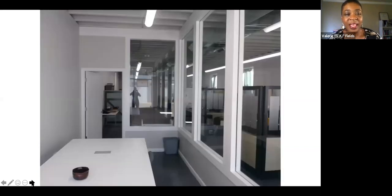And this is what the inside of the glass conference room looks like. You can kind of see me in the reflection taking a picture. I'm standing near the front of the building with Blount Street directly behind me, in front of the glass taking a picture inside the conference room. If you look through the glass, you can see the other partitions. And this is pretty much when everything was done and we were all moved in and ready to get back